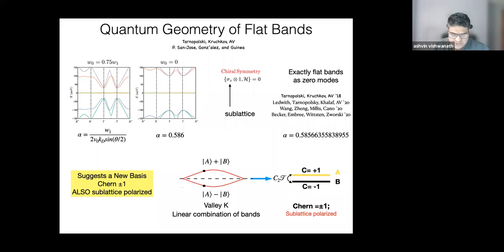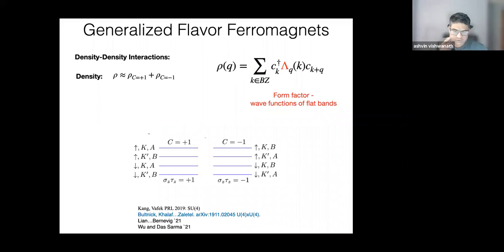Okay, so this Chern basis turns out to be useful even away from the chiral limit, even when you start cranking up this parameter W0, cranking up the ratio away from 0. The sublattice polarization remains. It's not perfect, but it remains to a large extent. And a lot of this energetics goes through even away from the chiral limit. Okay, but that'll require a little bit of work and checking to see how far that holds.